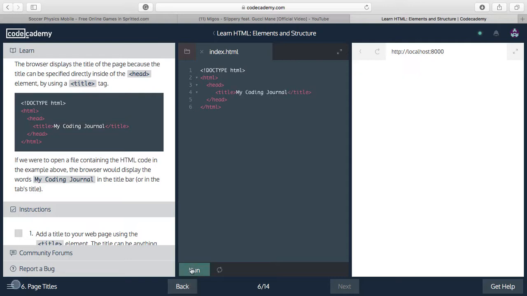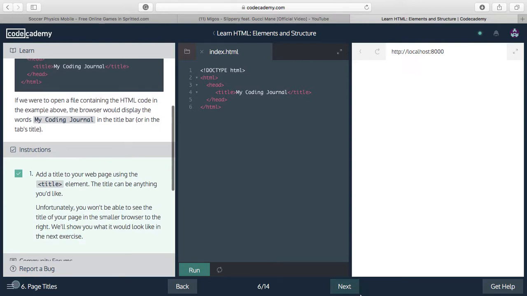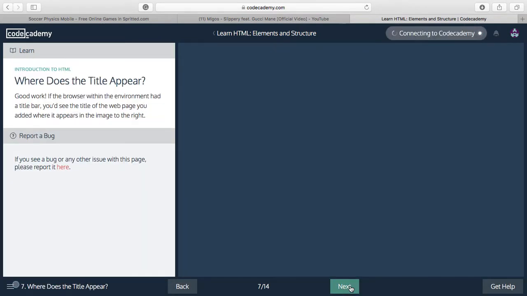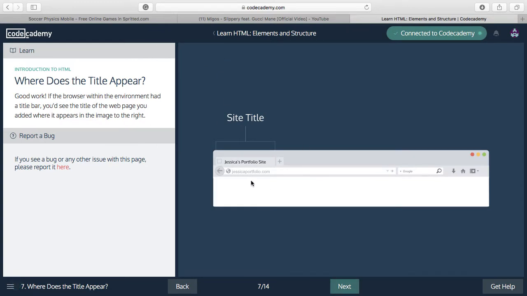Alright, so page titles. What kind of metadata about the web page can this head element contain? If you navigate to the Codecademy catalog and look at the top of your browser, you'll notice the words, all courses, learn to code interactively, Codecademy. Alright, so what you do here is basically you copy and paste the